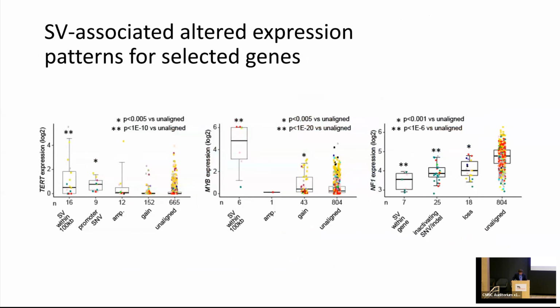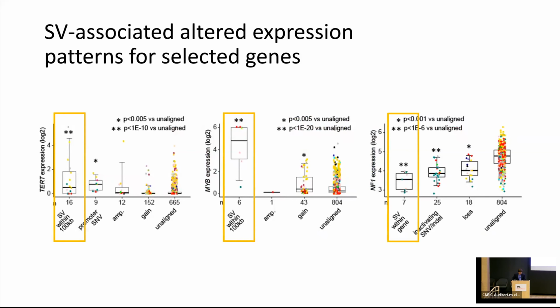And these box plots would visualize the SV-associated altered expression patterns for selected genes. So here we're looking at TERT, MYB, and NF1. And we have the tumors in each of these plots broken down by alteration class. And the first group is the SV altered group. So for TERT and MYB, which are oncogenes, there are SV breakpoints occurring 100 kb upstream of these genes. And for those tumors, the expression of the respective genes is much higher as compared to the rest of the